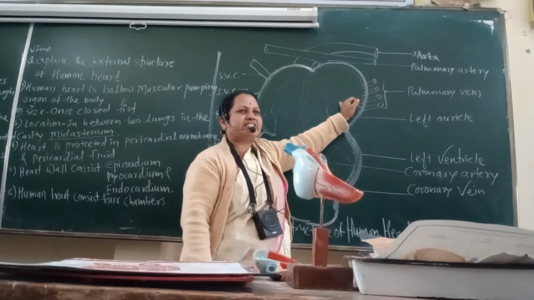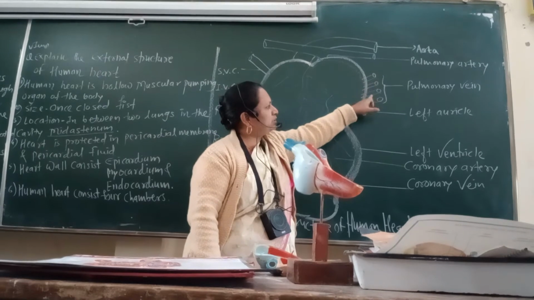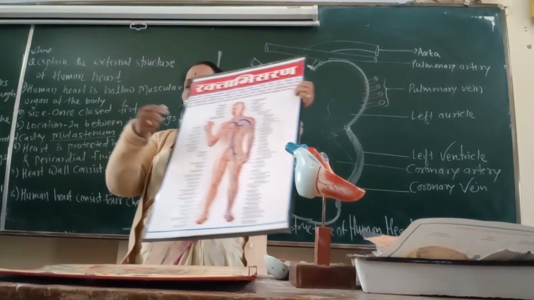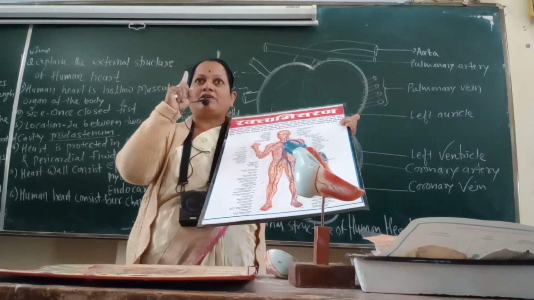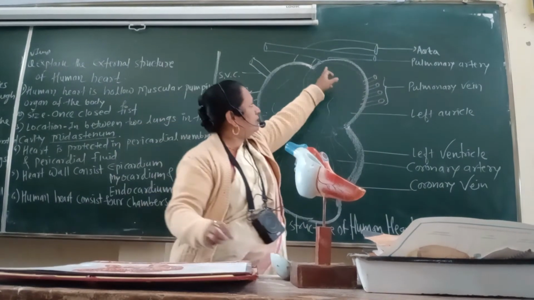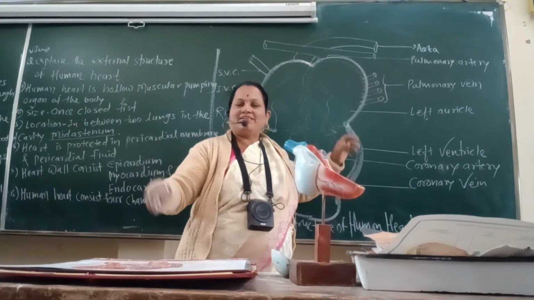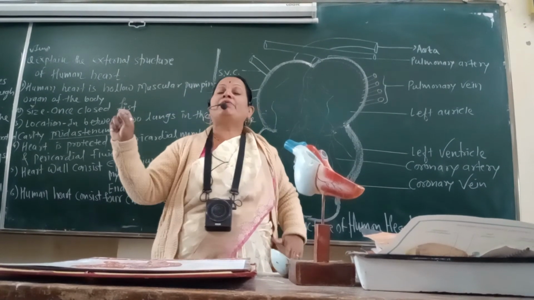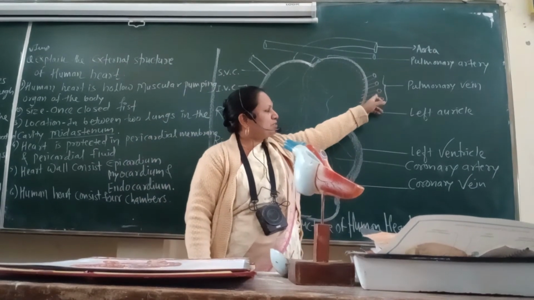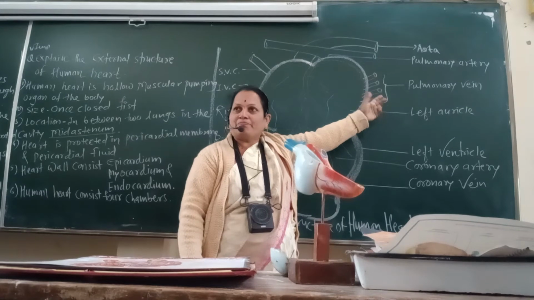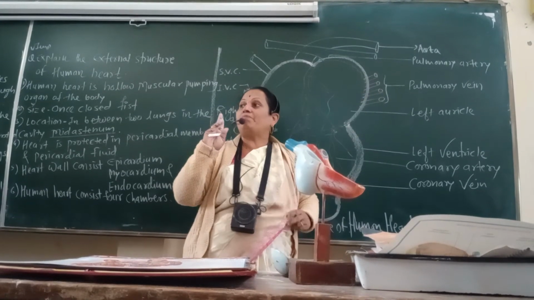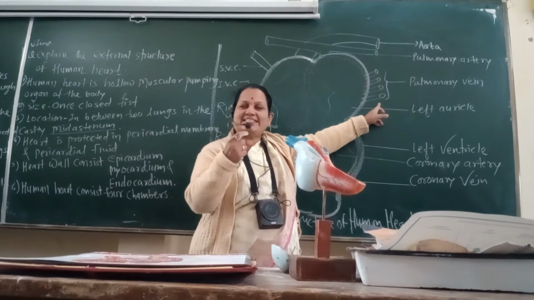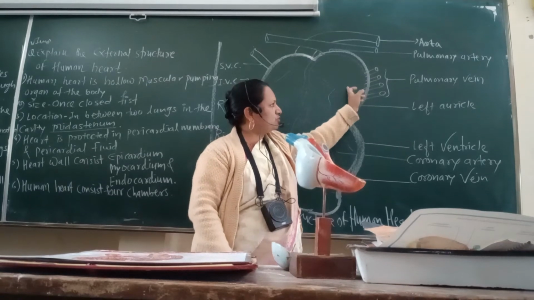While the left auricle receives pure blood from the lungs through these 4 pulmonary veins. Actually, all the arteries inside the body carry pure blood, except one exceptional case, the pulmonary artery, which carries impure blood from the heart towards the lung for purification. While all the veins carry impure or deoxygenated blood, the exception is the pulmonary veins. Why? Pulmonary veins transfer pure blood from the lungs to the heart. These 4 pulmonary veins carry pure blood from the lungs and open into the left auricle.